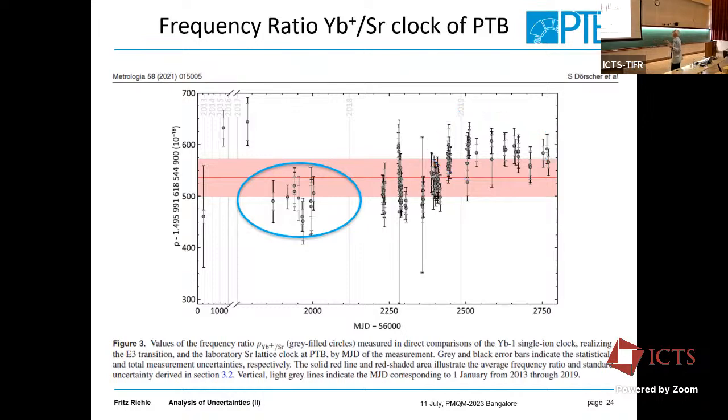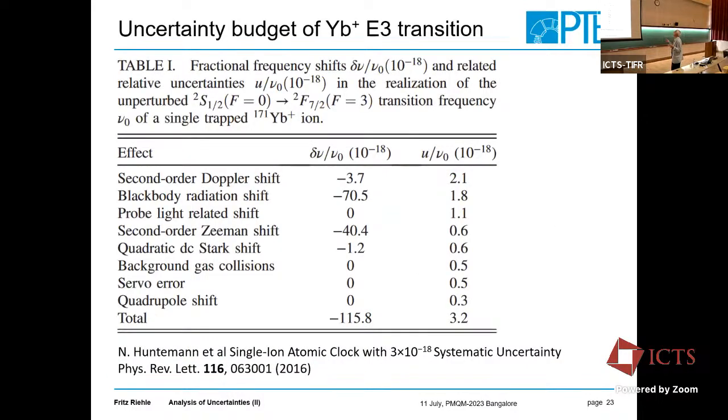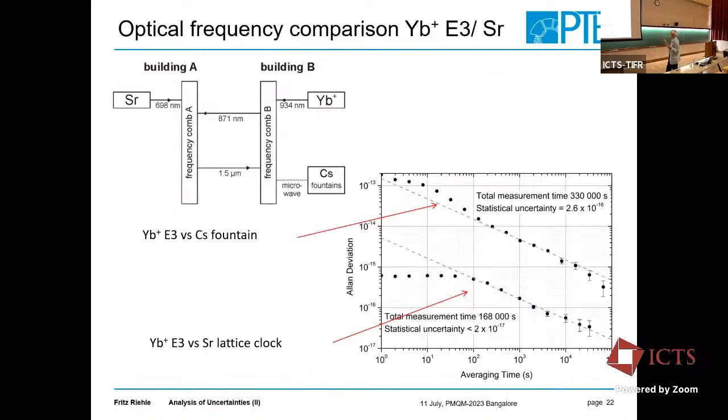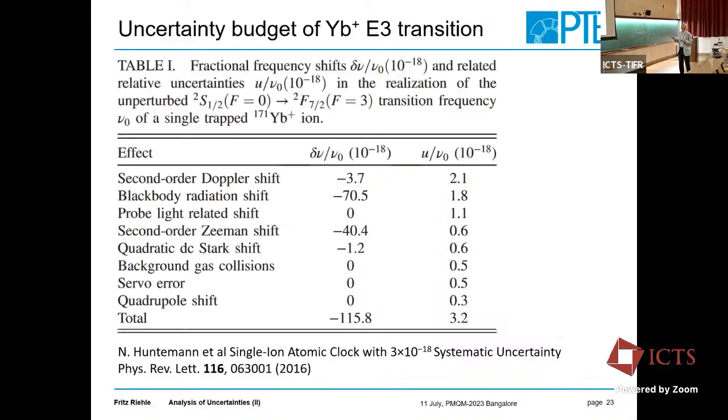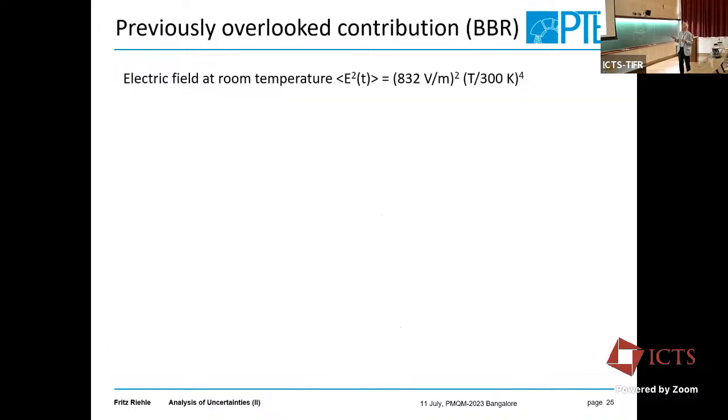I showed this. The two experiments are in different buildings in PTB. You have frequency combs in between, and I will talk about this. Frequency combs are believed to have very high accuracy, but are you sure that in each case, when you do a measurement, everything is all right? So I will show you two examples of previously overlooked